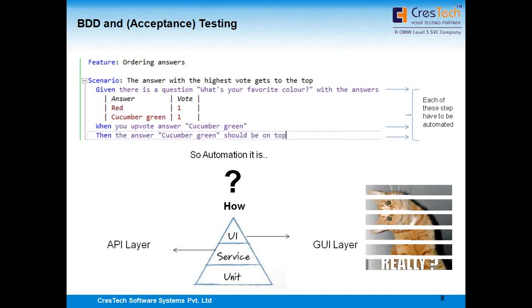However, that is not always applicable. Many of the companies do not have a very well-defined API, and testing an API again requires a bit of technicality. So what enterprises are trying to do is map each of these steps to the UI automation level. However, having said that, there are challenges with GUI automation. Let's look at those challenges.